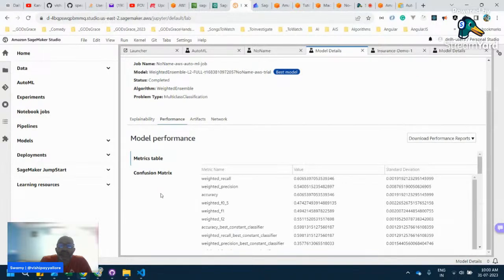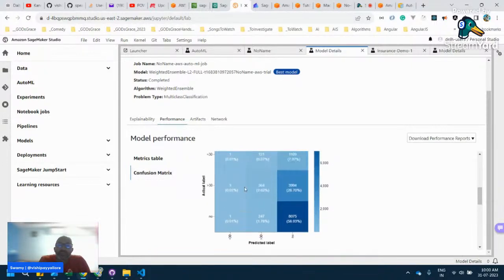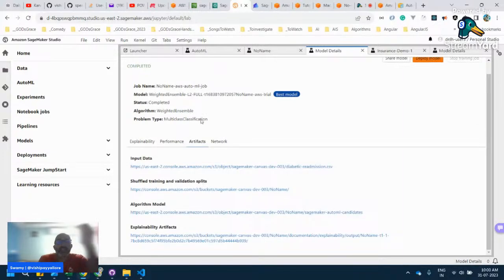So the matrix table and confusion matrix, and you can see a lot of these predicted values and actual values. So we'll come back and we'll see this one again. It's part of the performance, like how this model is performing, what it predicted and what the actual was. So we'll see. And these artifacts,